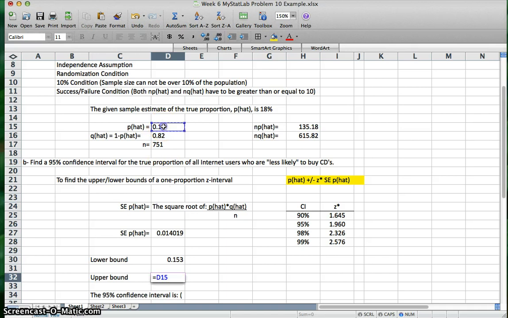We can also calculate the upper boundary using the same formula, equals p hat plus our z-score times the standard error again there. Hit enter, and there we have our upper bound at 0.207. So we can say the 95% confidence interval is